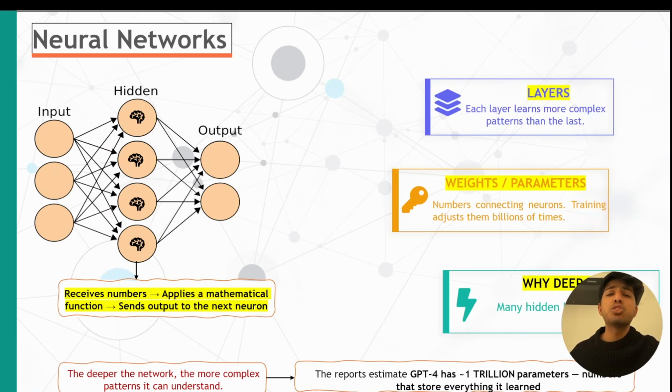Artificial intelligence: human-like tasks. They do human tasks. Machine learning: you show examples and it learns. Deep learning: neural networks. It's all about networks, all about hidden layers in it. It talks about weights and parameters. Weights and parameters are one and the same, though. So why do you call it deep? Because there are many hidden layers inside it. That's how it learns complex patterns. So that is what makes it deeper.